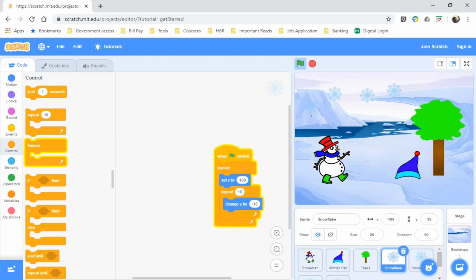So then we need to repeat instead of 10, make repeat as 50. Now click the green flag. Okay. Right. Now let me go to the next one.